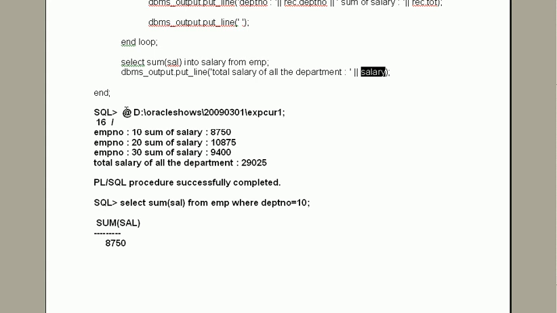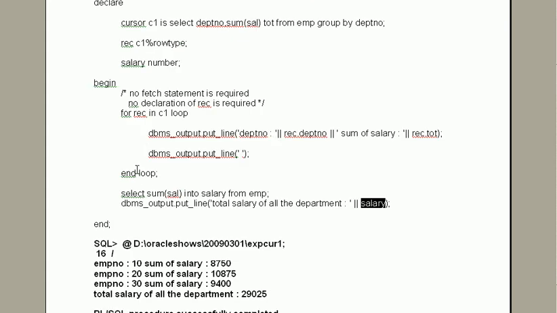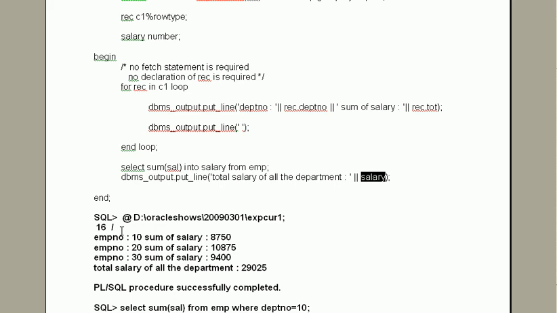This is the output of the PL/SQL block. EMP contains departments 10, 20, 30, and it groups by department.